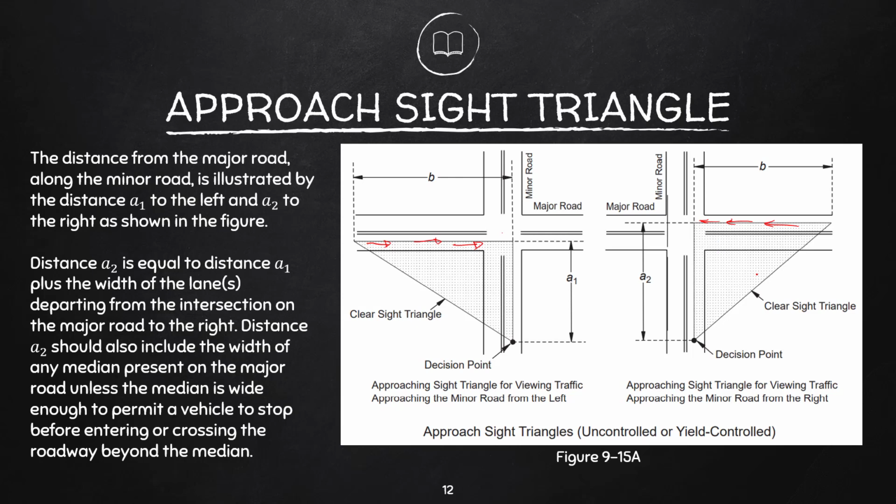Okay, for example, if the driver will be going to this direction, to the left, the driver may opt to stop at the middle of this road if he perceives a vehicle that will pass through this major road straight,